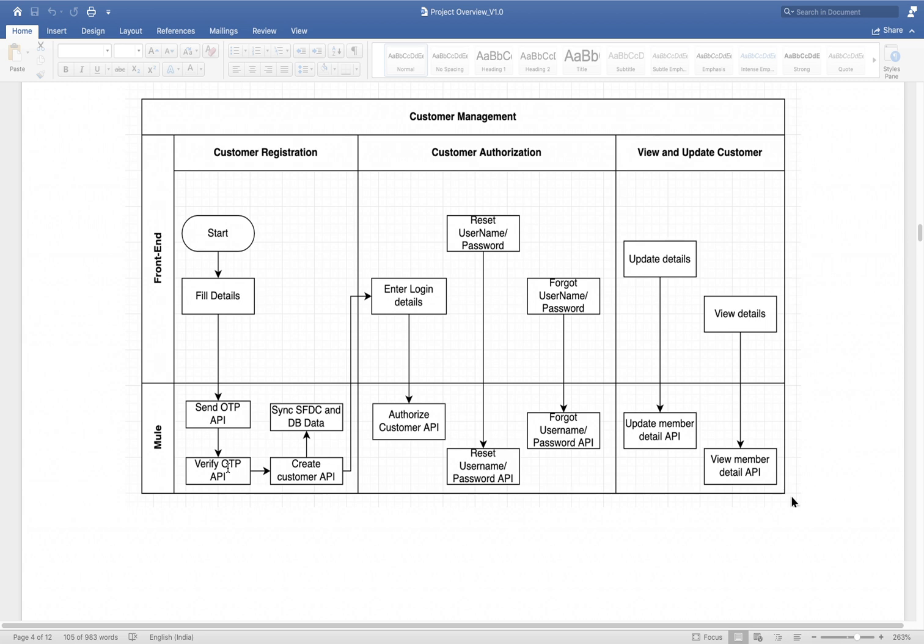In the front end they will be redirected to the next page, where they get the option to enter the OTP. Once they click submit, the front end will call the verify OTP API.